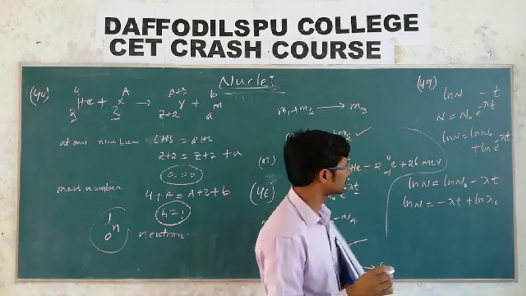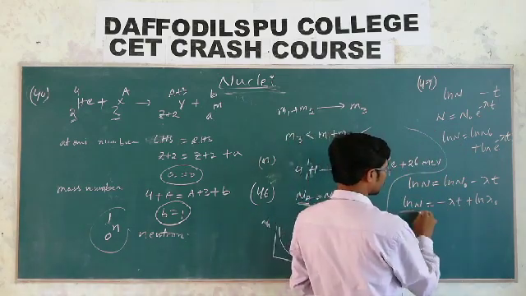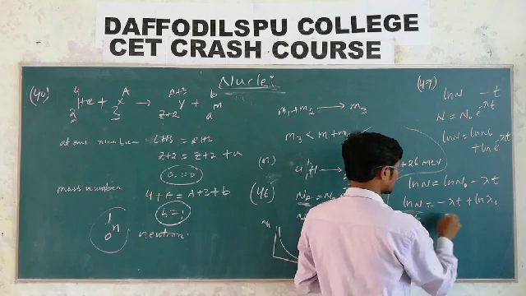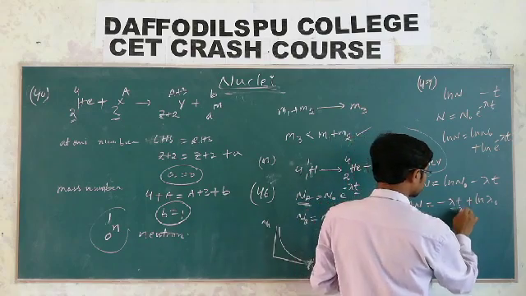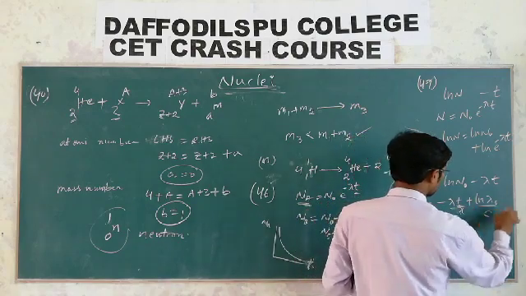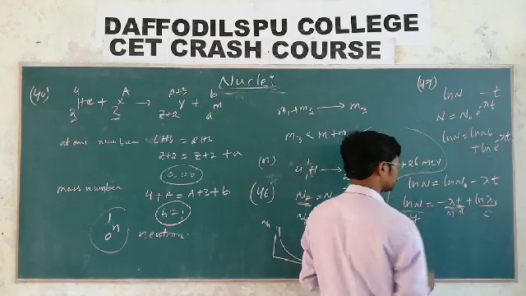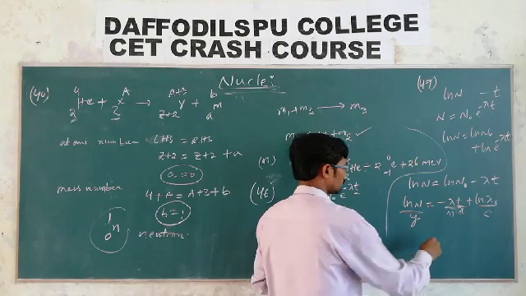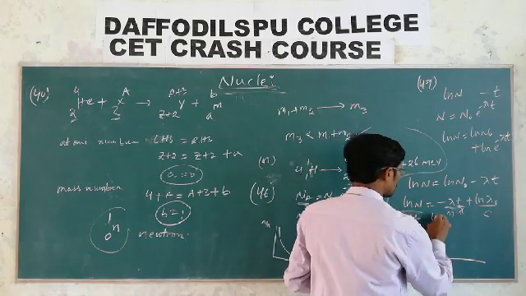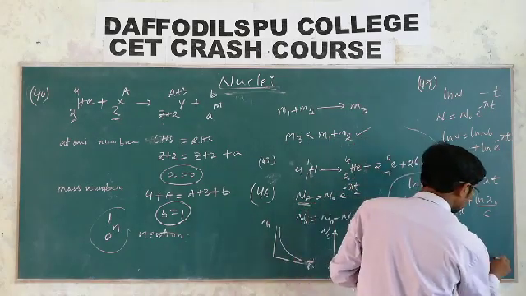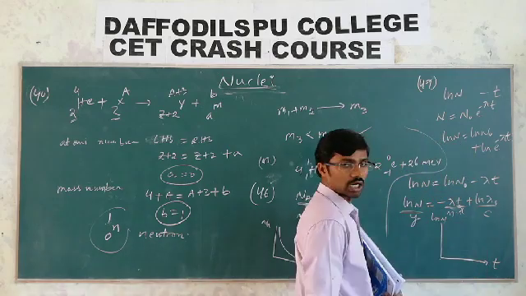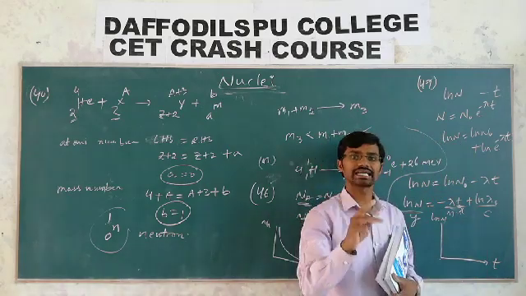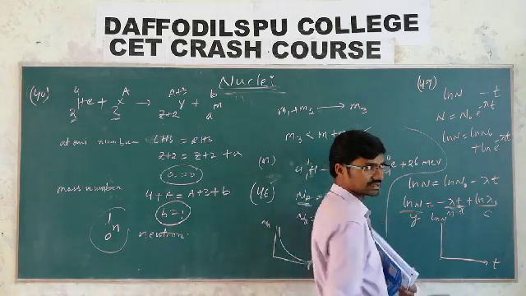Now remember, this is in the form of Ln N values taken on the y-axis and T values on the x-axis, and this is the intercept and this is the slope. From the given options, they have given Ln N value on the y-axis and T on the x-axis, and it represents a straight line equation, y is equal to mx plus c.